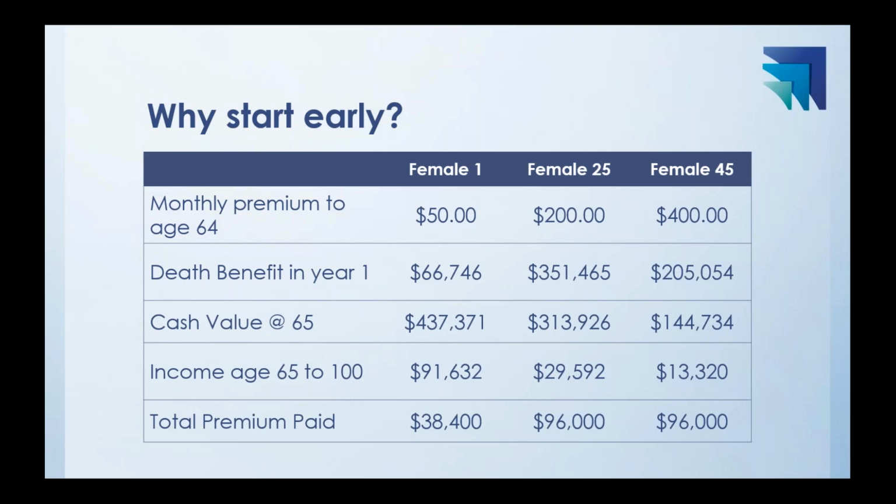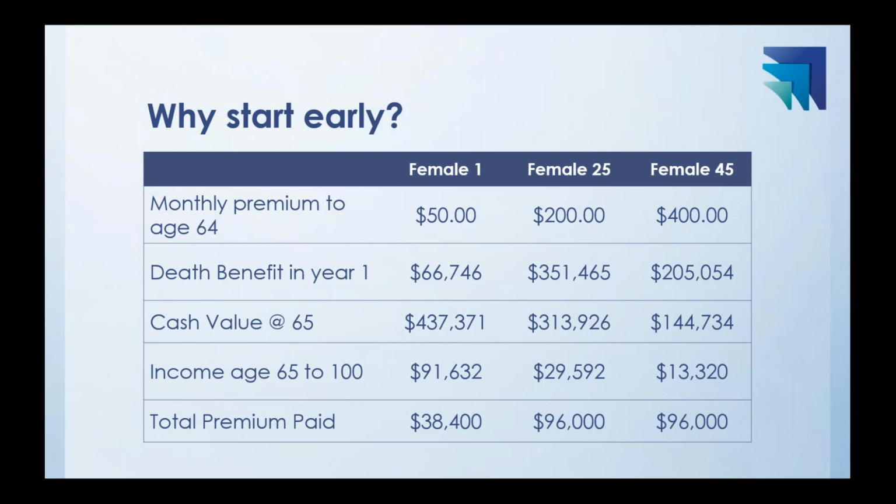And now one of the bigger numbers that's really going to catch your eye is her income from age 65 to 100. Now her income is just under $30,000 a year tax-free. So more than twice as much tax-free income as if she would have waited till she was 45. And as you can see on the bottom line, she would have, in this scenario, put in the exact same amount of money. She just would have started earlier, which means she would have had lower cost of insurance and she would have had more time to let that premium grow. So that's a pretty big difference to help you understand how these things work as far as time frame goes.